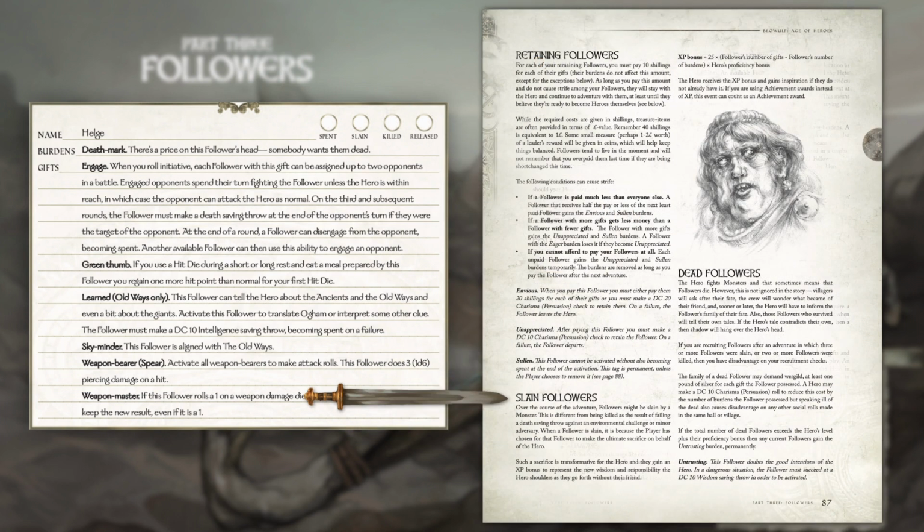Speaking of follower deaths, there are 2 kinds. A follower may be simply killed by falling overboard or at the hands of a minor enemy. Or they may be slain, which represents a heroic death and comes with its own set of mechanical benefits. A hero will gain an XP bonus to represent the wisdom and responsibility gained from having a close friend make